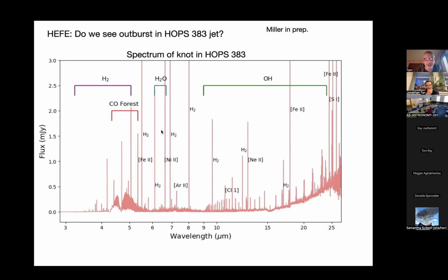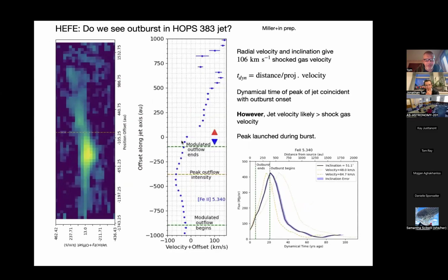This is subtracted back. We've subtracted out all the other emission. It is beautiful. Now with the iron 2, we think we see both the jet and the counterjet. And so using the methodologies that Mioch-Narang and Sam Fetterman established, we measure the velocity of the jet, and then we use an ALMA measurement, basically of the inclination, and we calculated what the velocity of the jet would be. We're still sort of playing with this, so it's a bit preliminary, but the velocity is about